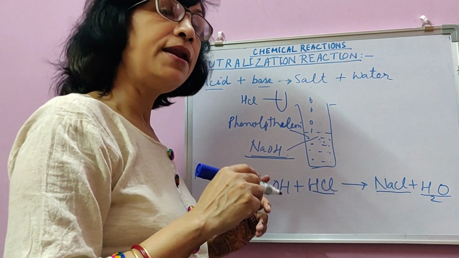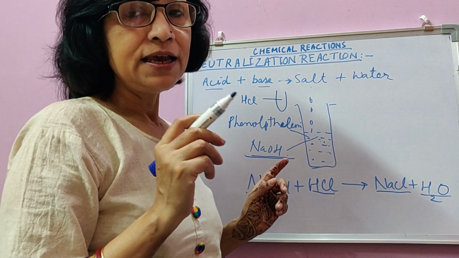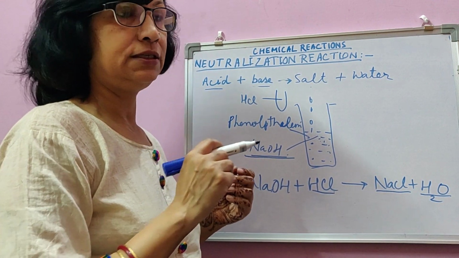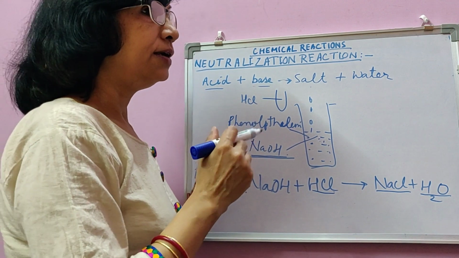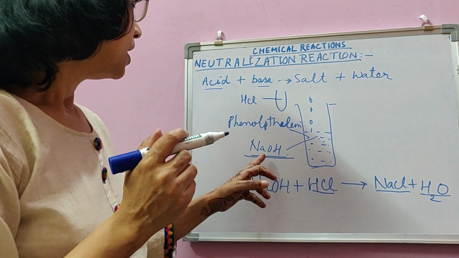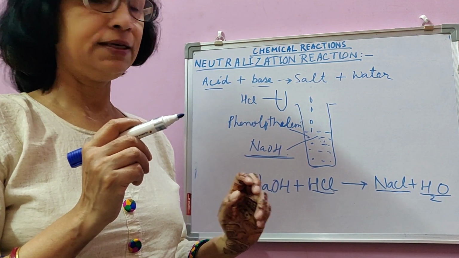So in neutral and acidic medium, phenolphthalein will stay colorless, and by the color change of the indicator, this phenolphthalein, we can understand that yes, a neutralization reaction has taken place and the base has converted to neutral substances, that is